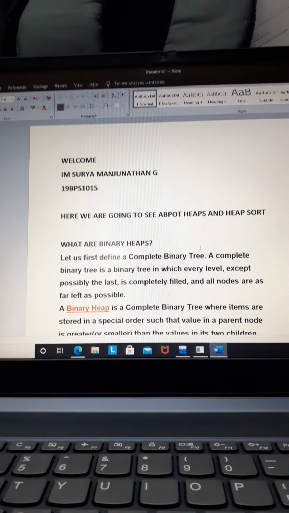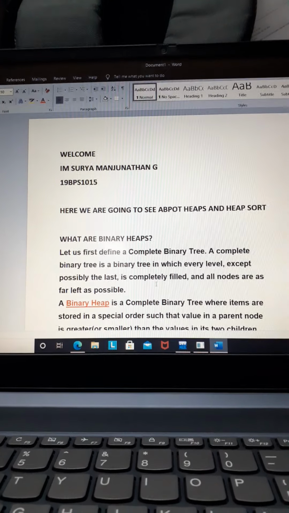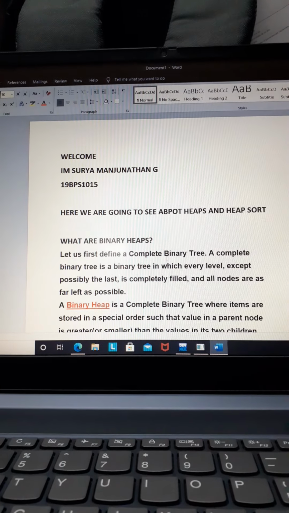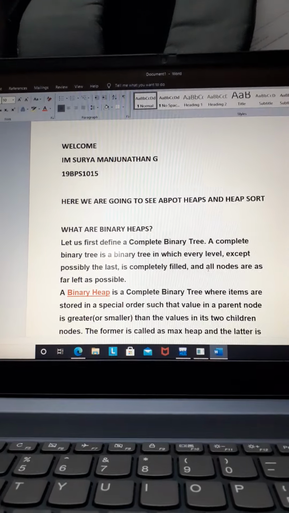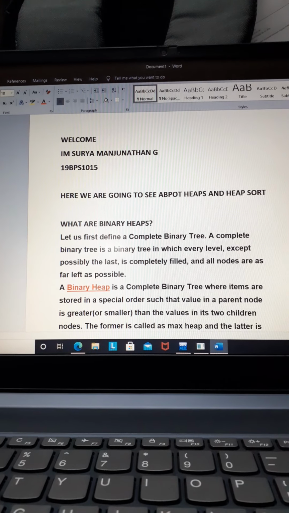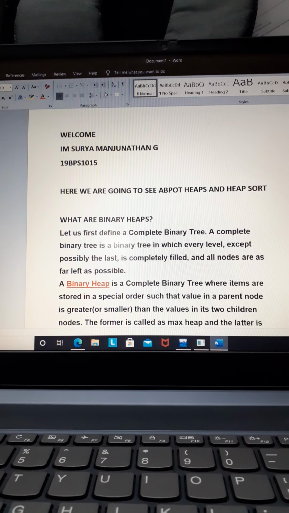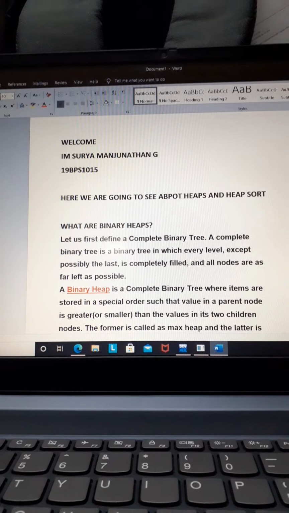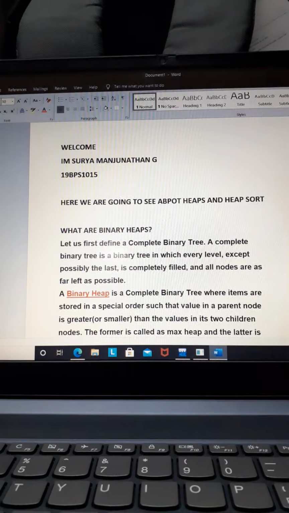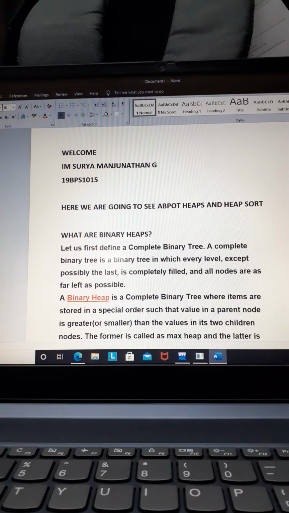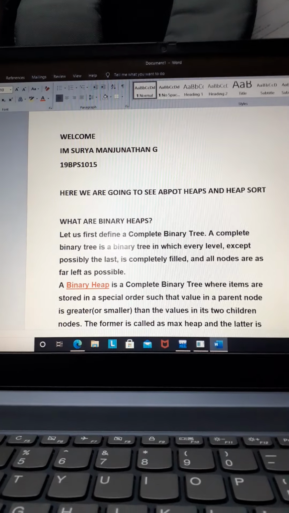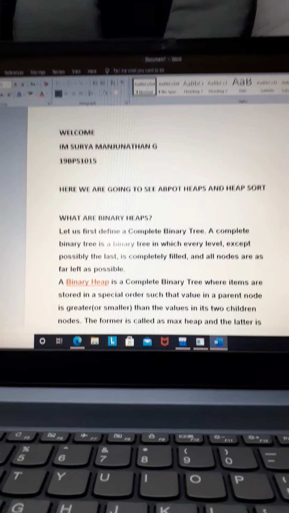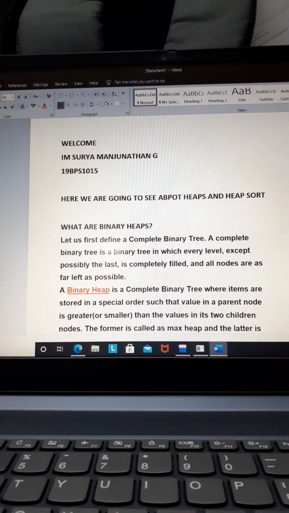So with this idea, let us go into what is a binary heap. Actually, as I said, a binary heap is a complete binary tree where the items are stored in a special order. The elements are stored in a special order such that, let us take a parent node in a complete binary tree.